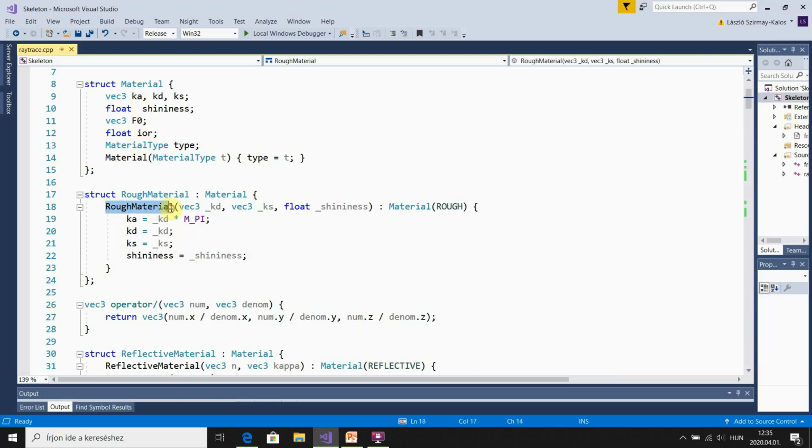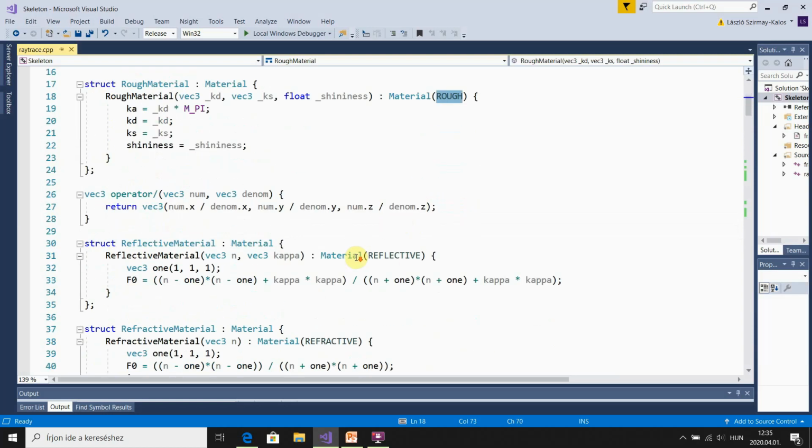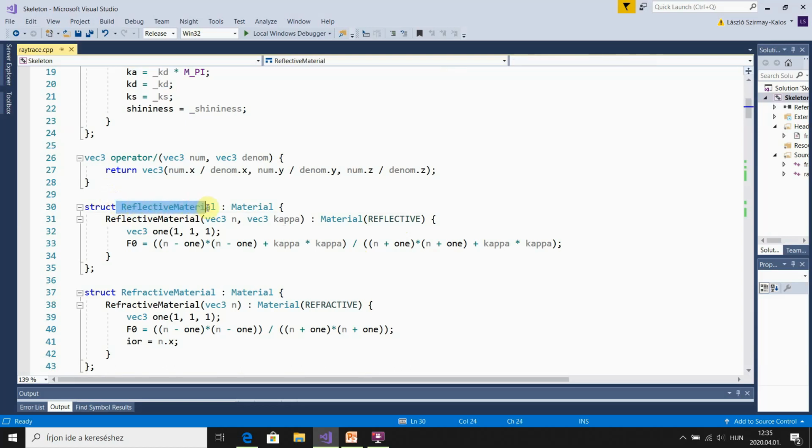So a rough material fills up the ambient, diffuse and specular reflectivity and initializes the shininess parameter and sets the material type to rough. A reflective material is defined by the index of refraction and the extinction parameters, which can be different on the wavelengths of red, green and blue. Therefore, we use the vec3 type for their identification. The material type is set to reflective, and we have to compute the Fresnel function for perpendicular illumination, for which